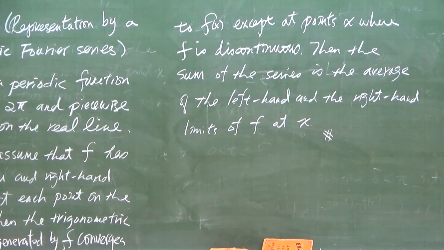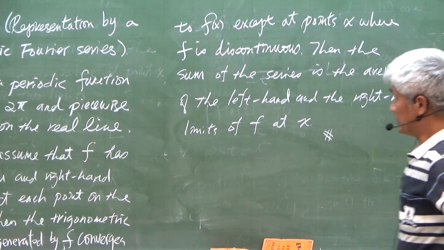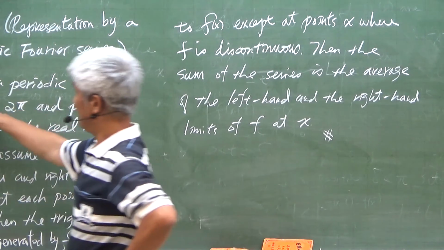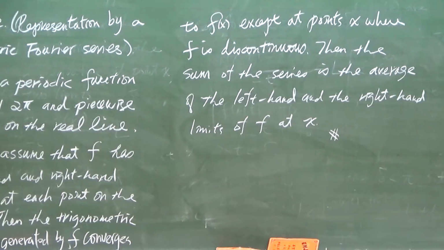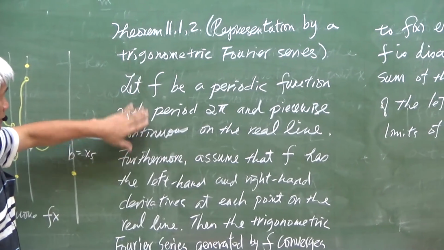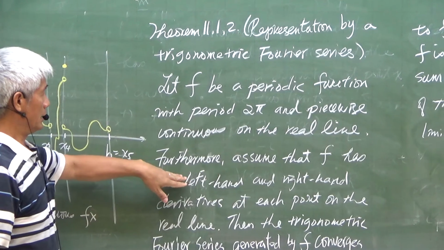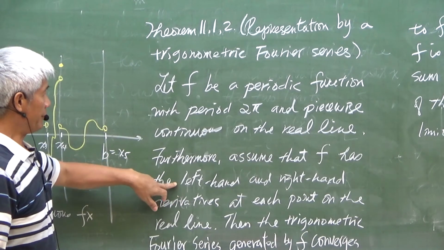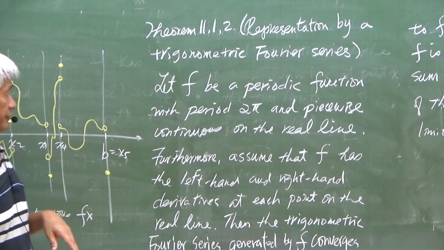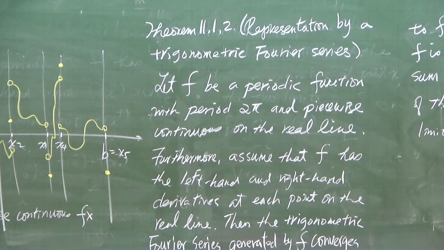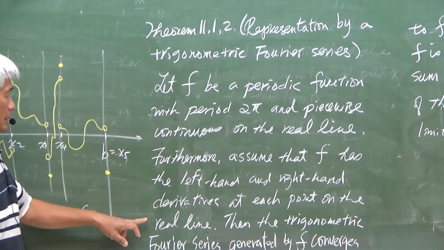So this is the final theorem we have. In the future, if we are given a periodic function f with period 2 pi, and we know it is piecewise continuous, and we know that the left-hand derivative as well as the right-hand derivative of f exists at every point, then